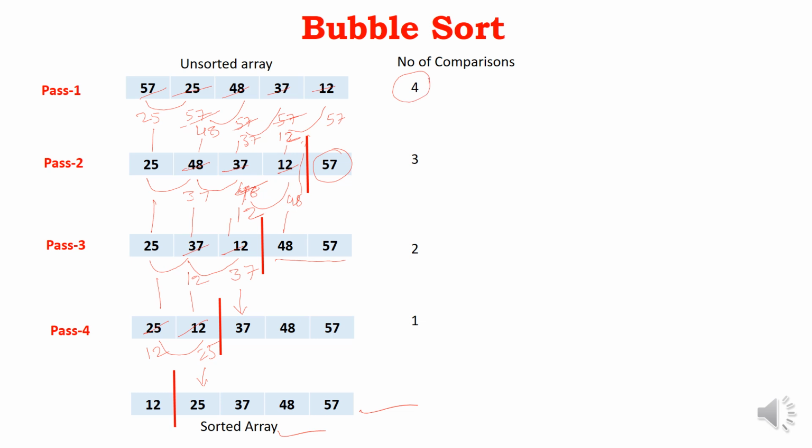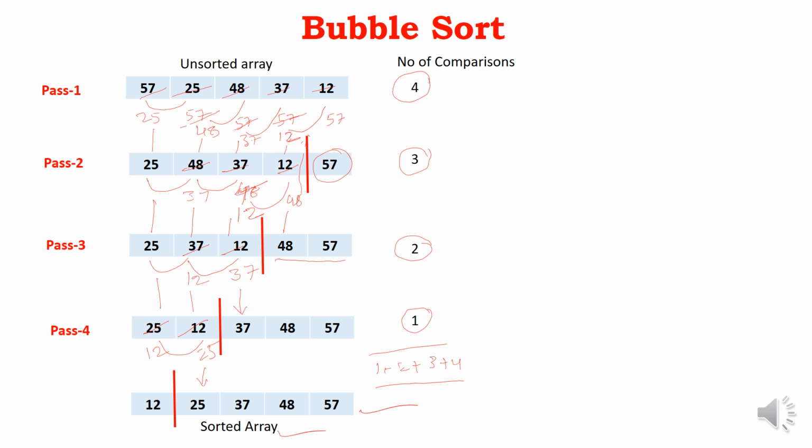In the second pass, the list has only 4 elements, so you have 3 comparisons. In the third pass, the list has 3 elements, so you have 2 comparisons. In the fourth pass, the list contains only 2 elements, so you have only 1 comparison. The total number of comparisons will be 1 plus 2 plus 3 plus 4. In an array consisting of only 5 elements, we have a total number of comparisons as 1 plus 2 plus